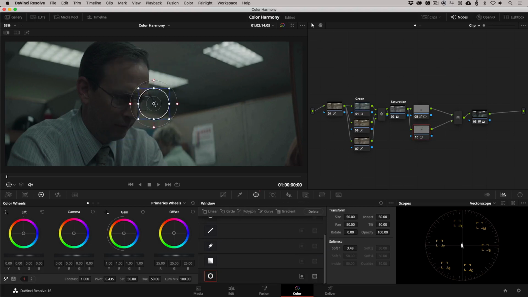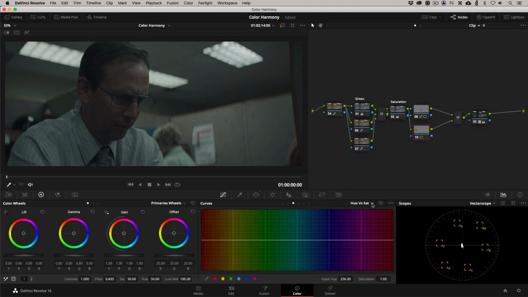Let's flatten it out just a little bit, or feather it out just a little bit. Let's position that over our Talon's shoulder. And the first thing I want to do is to create a little bit of a deeper red. Now to do that, I'm going to use hue versus luminance. So let's head back to our curves, hue versus luminance. Once we have it selected, we're going to navigate over, eyedrop that color, and just bring that value down to